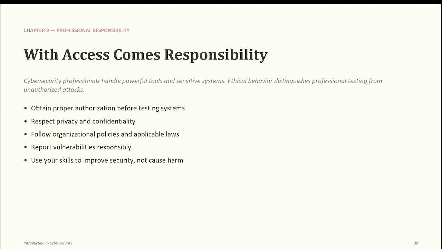If you fail to do this, you'll be penalized. You are asked to carry out a test, and there's a policy that if you are testing this network, there is some critical information you are not supposed to access. When you see the information and you think, let me see what is there, you've broken the policy you were given, and you can be penalized for that. Is it clear? Then report vulnerabilities responsibly.